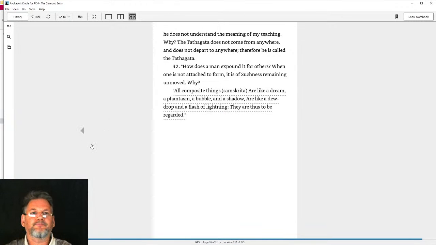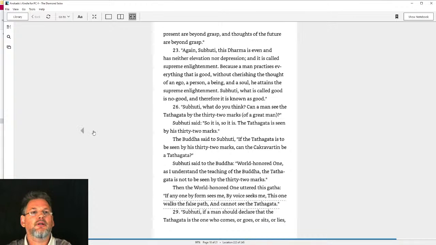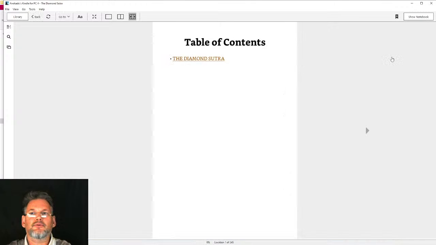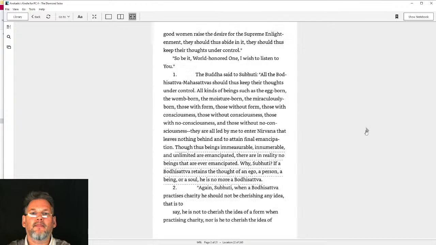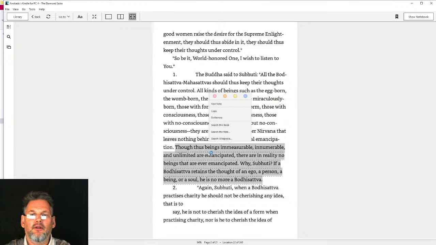So let's just go to the beginning and let's see. I'll take a little excerpt, and this is the D.T. Suzuki version from 1935. Though thus, I'm just taking the highlights here. Though thus, or in this way, beings immeasurable, innumerable, and unlimited are emancipated,